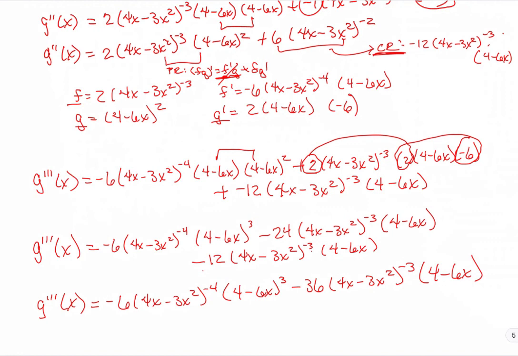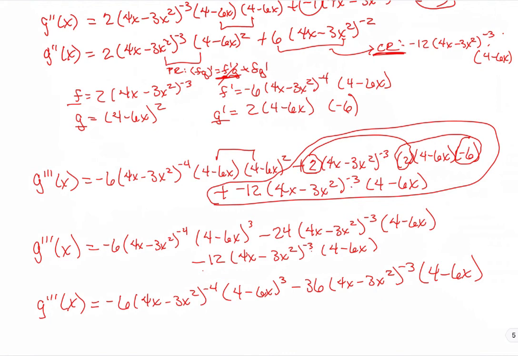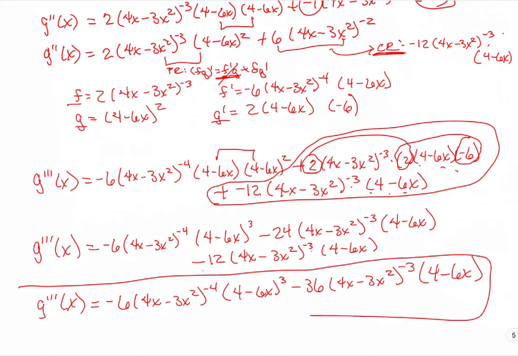And that's only because these two terms are the same. I have a (4 minus 6x) and a (4 minus 6x). And so that's the only reason I can combine those two terms, is because they're identical. All right, and so that would be the final answer that I could